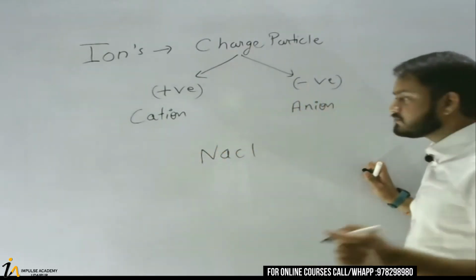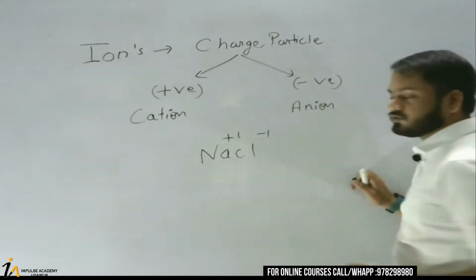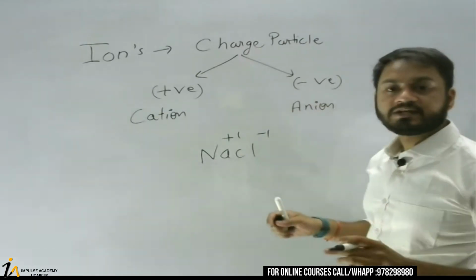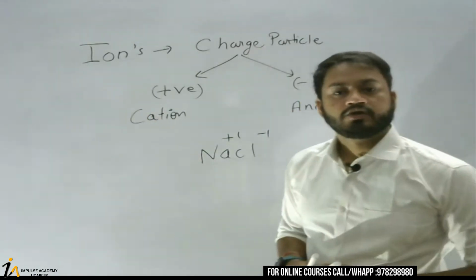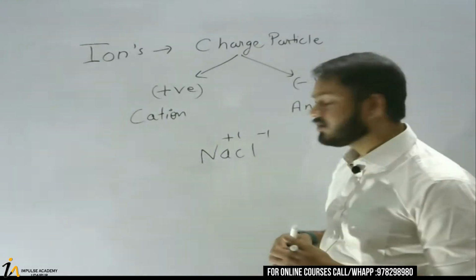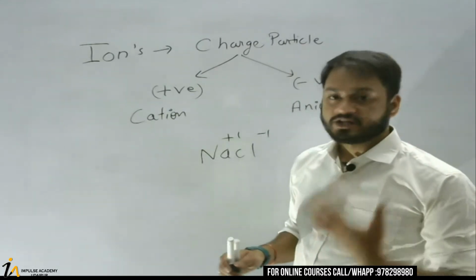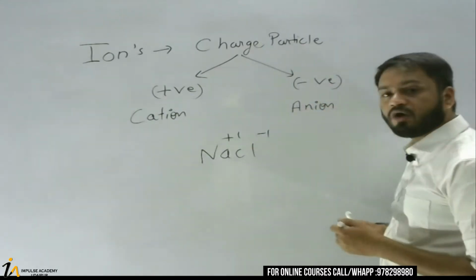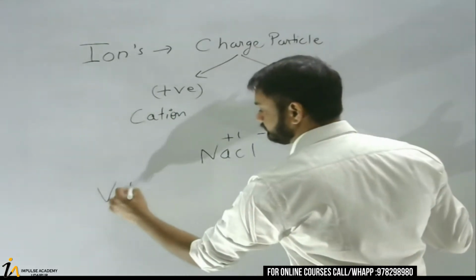Okay, so it is made up of one positive charge and one negative charge. So what is this positive one and negative one? These are charges, and that charge is basically called ions. So they form the compound by exchange of the charges. Okay, these are the charges. So how to find these charges? These are the valency. Now what is valency?